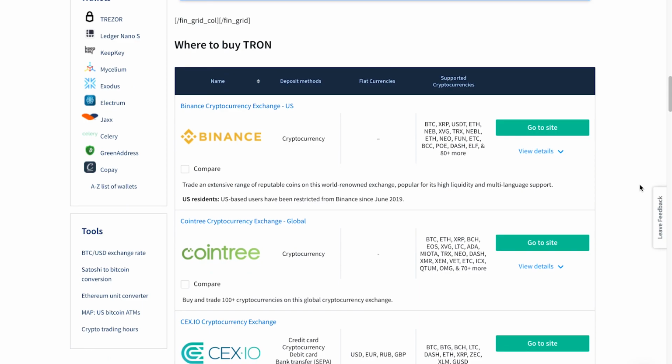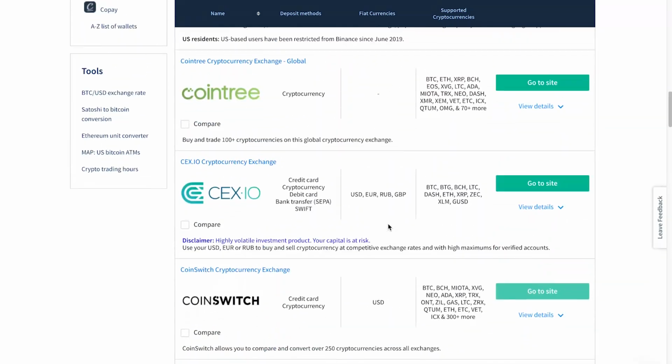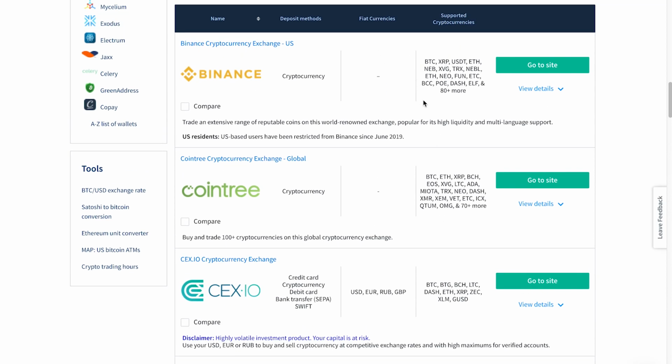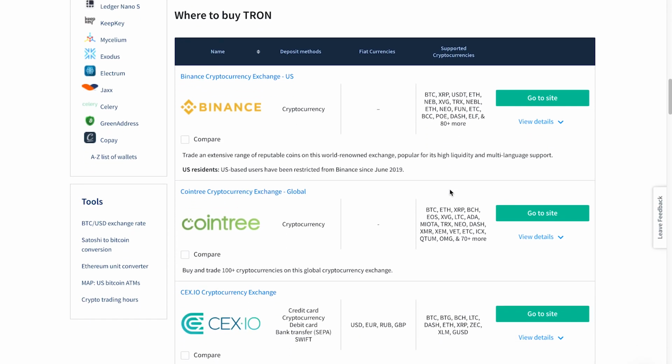And what this guide shows you is a list of all the exchanges that you can purchase Tron on. So it's really great. It's just a nice spot to compare all of the different exchanges because you can have a look at what they offer as well. So you can see which exchanges offer fiat currency versus which that do not. And then you can also see the different cryptocurrencies that that exchange offers. So if there's a few cryptocurrencies that you want to buy, you can save time by just signing up for the one exchange that has all of them rather than mucking around and signing up and doing KYC for several exchanges. So I'll let you have a read through that guide yourself, but I'm going to get started